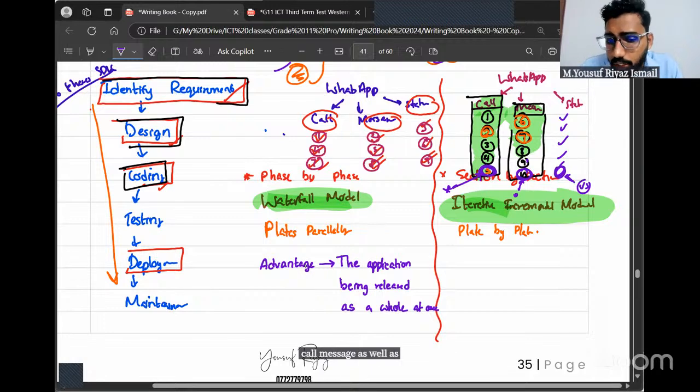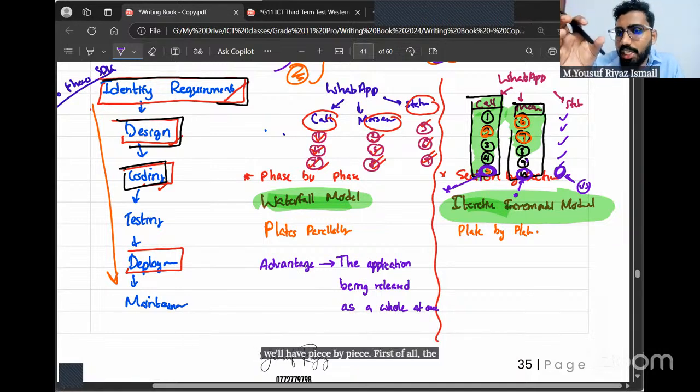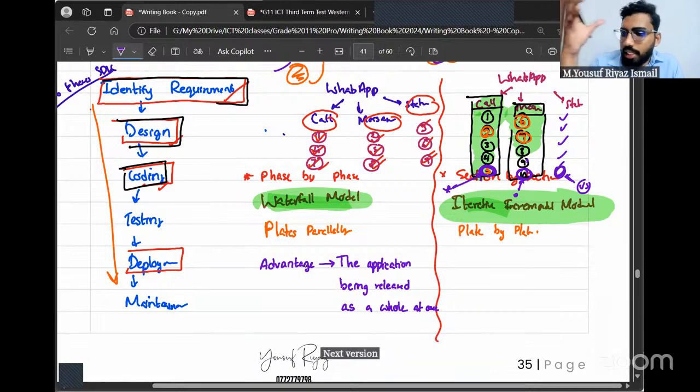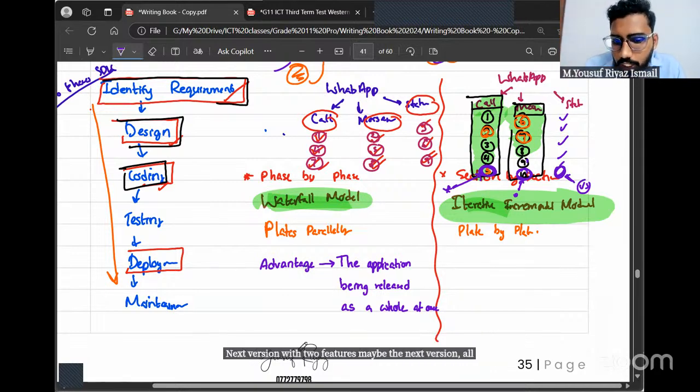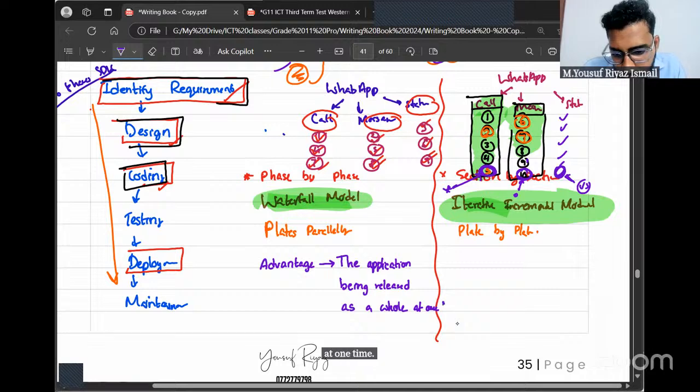All three sections are going to be there. So if you take the iterative increment model, you will not have the whole application at once. You will have piece by piece. First the first version with only one feature, next version with two features maybe, and the next version with all three features. So the advantage of waterfall model is that you have the application released as a whole at one time, at once.